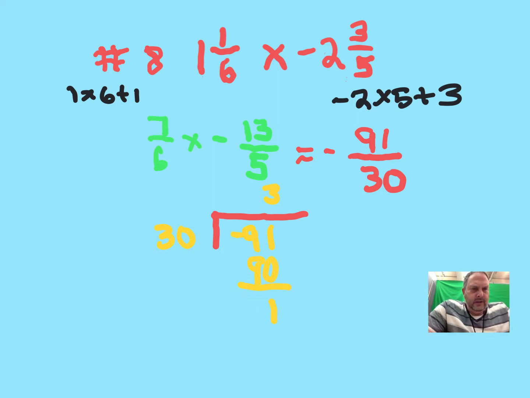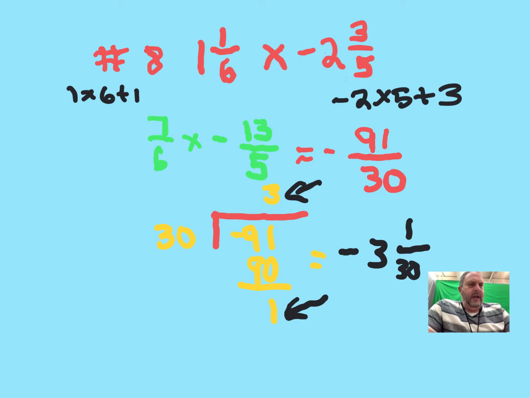And now let's put it all together. So what does this equal? Well, first of all, let's not forget our negative sign because our answer is negative. Let's take our answer. The 3 is our whole number. Draw our fraction bar. We're dividing by 30, so that goes on the bottom. And on the top, we take our leftover piece and put that on the top. So my answer is negative 3